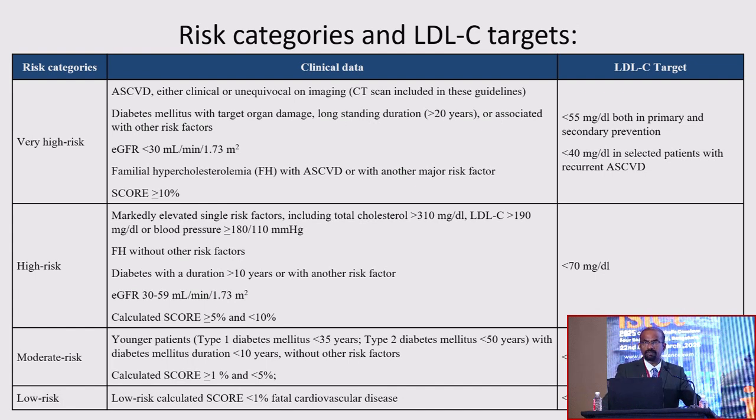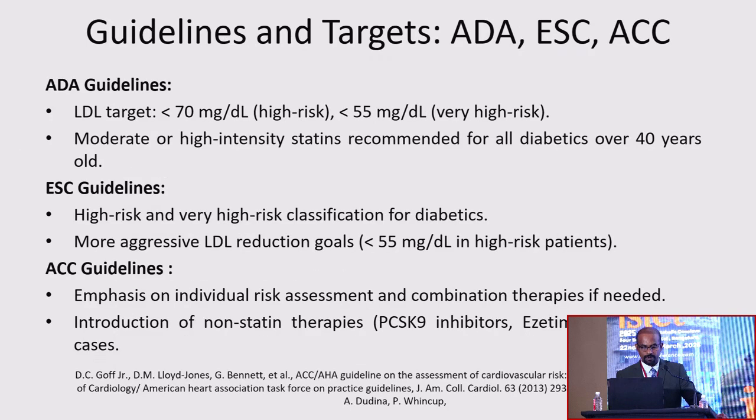These are the risk categories of LDL cholesterol targets. You have very high risk and moderate risk based upon atherosclerotic vascular disease. You can do CT imaging, which is what guidelines are saying nowadays. Diabetes with target organ damage or a long duration of diabetes, more than 20 years, is associated with very high risk. There the LDL target should be as low as possible. In a general population with reasonably controlled diabetes, the ideal target should be LDL less than 100. There is a debate between neurologists and other physicians about the target of LDL, but our diabetic agencies say that it is better to keep LDL as low as possible to prevent long-term atherosclerotic cardiovascular disease.